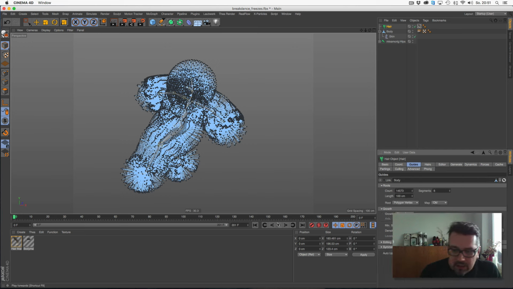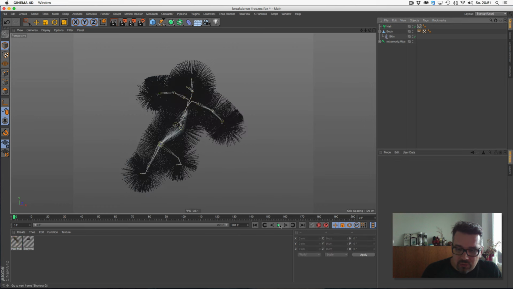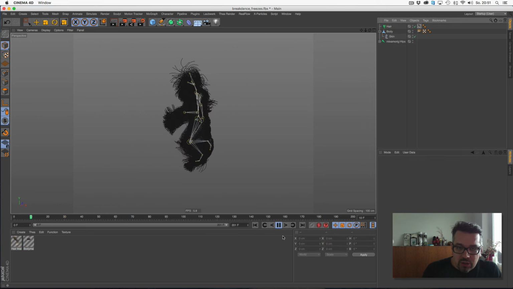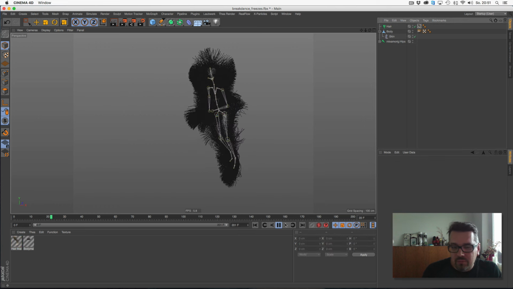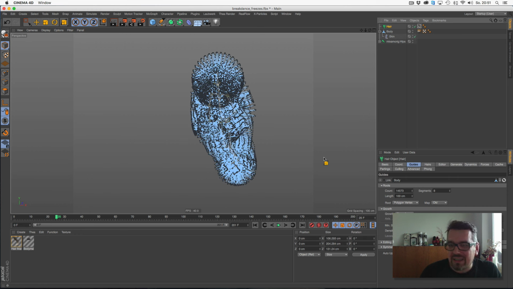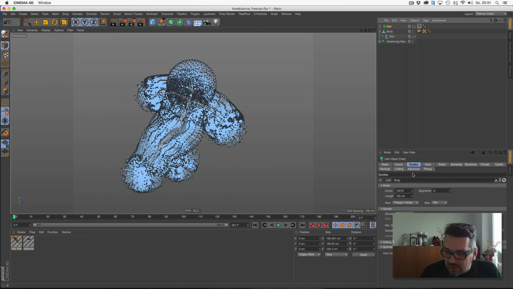And this is one thing I like to do. Now you can watch the hair reacts not much, but a tiny bit different. And maybe we have to set the segments of the hair guides to 4 too.